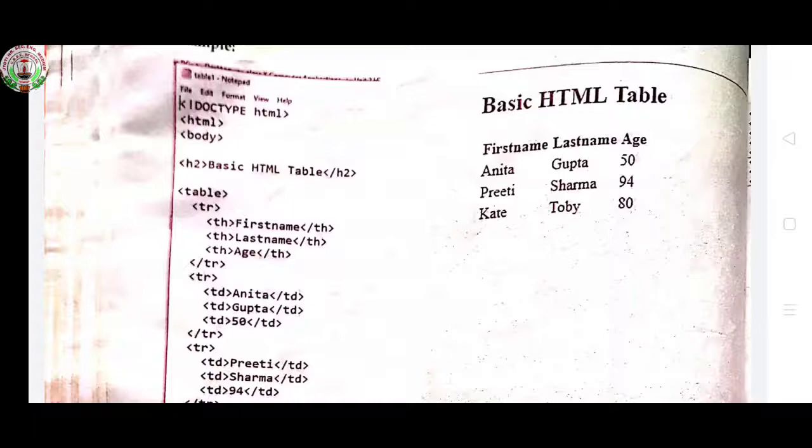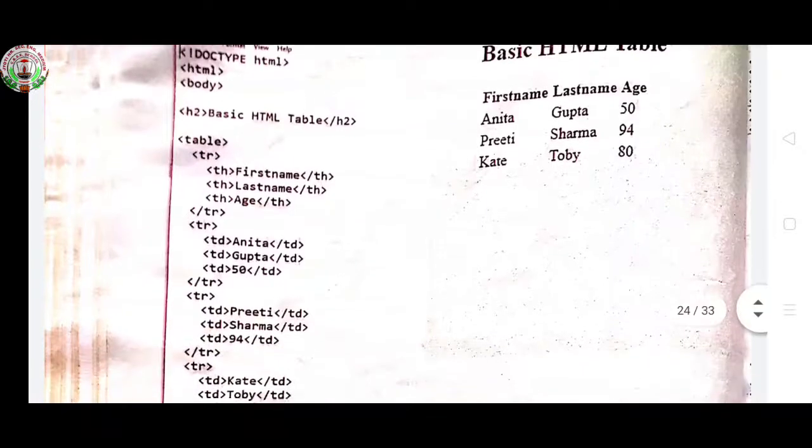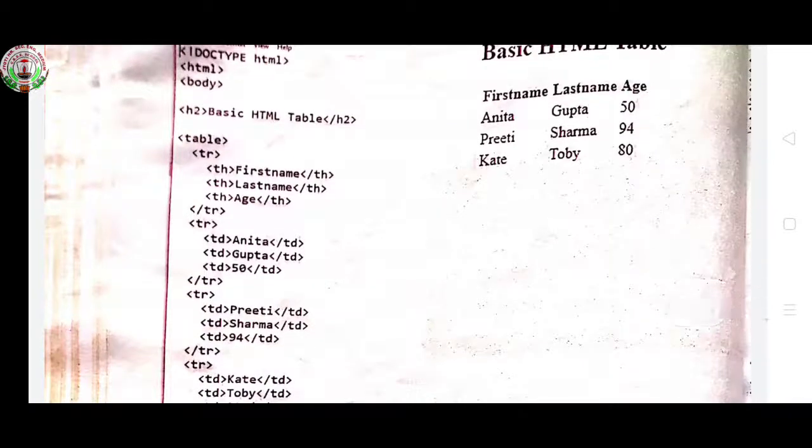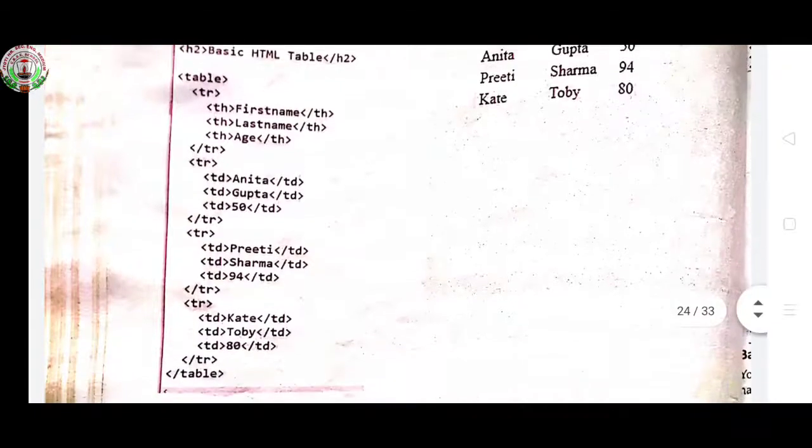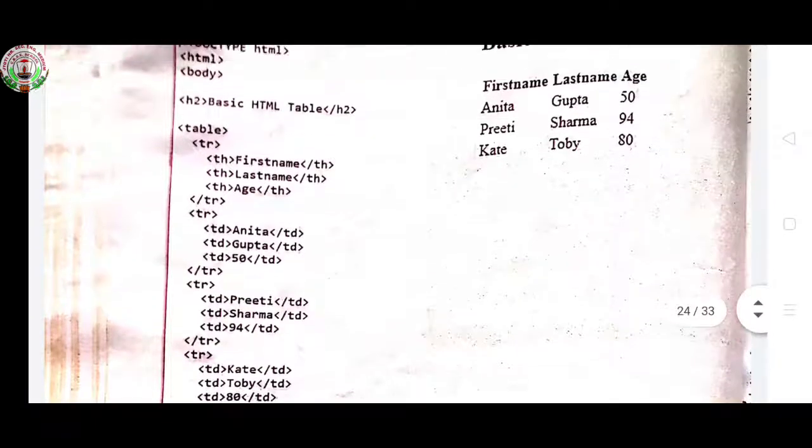Same way for the third row, you write tr, then td, next name Preeti, then Sharma and 94. Then close tr and start a new tr, and again enter the data. Like this you can enter multiple rows and multiple data in your table.